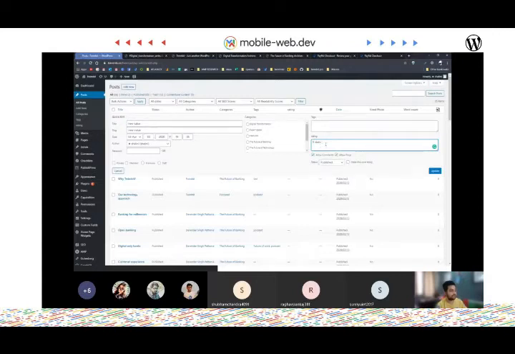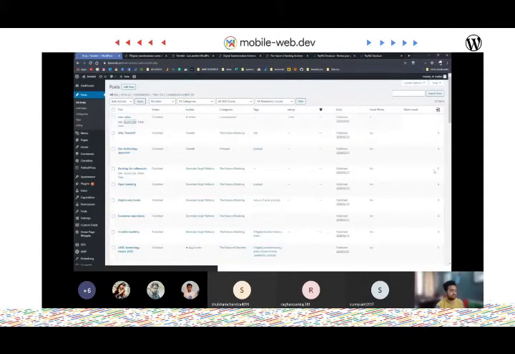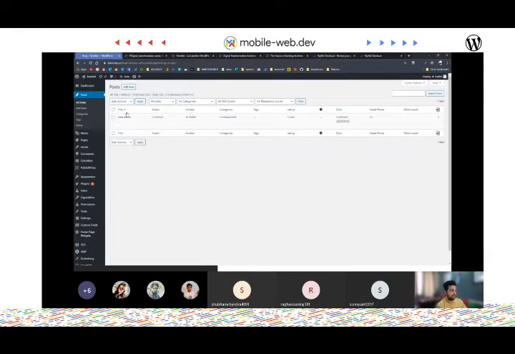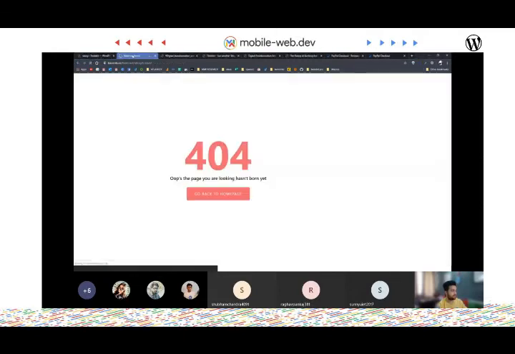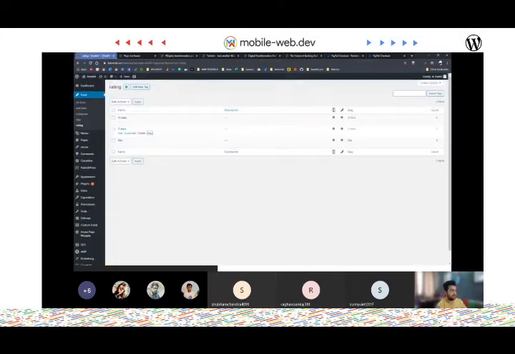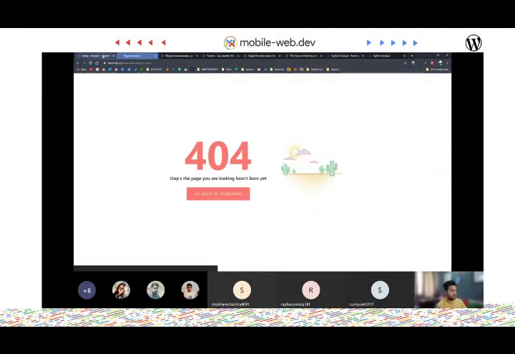In this current taxonomy selection, I chose to have multiple terms, but you can restrict it to a single term also. So now I'll update it, and now you can see this has a taxonomy named 5-star. How it is useful is that if you want your user to see all the 5-star rated content, they can visit over there. Let's see if WordPress by default creates a page for this 5-star. It doesn't, because in our theme we haven't defined any custom archive page for the taxonomy named rating, but we have done that for categories and tags.